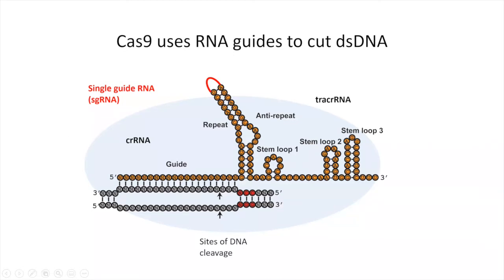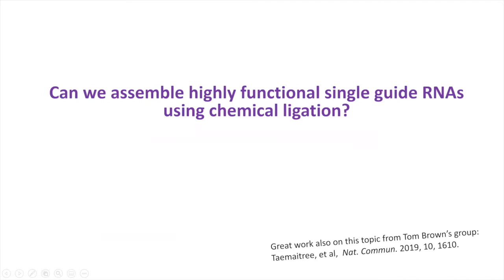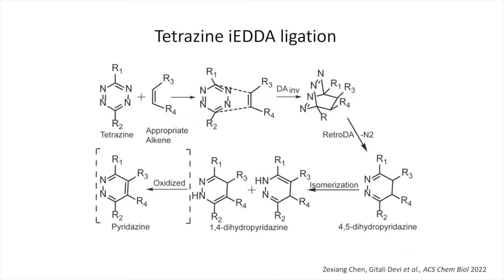And so one of the things we've been doing has been to assemble single guide RNAs using chemical ligation. And if you haven't previously read the Tom Brown Group's great paper on this in Nature Communications 2019, I recommend that as well. They, of course, you might expect, used click chemistry, azide alkyne ligations. We explored a different chemistry, and I'll tell you a little bit about that just for a couple of slides,